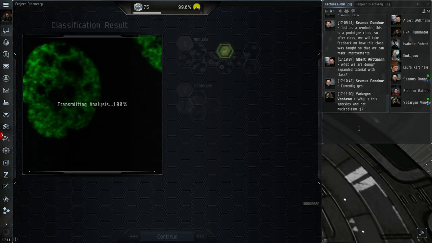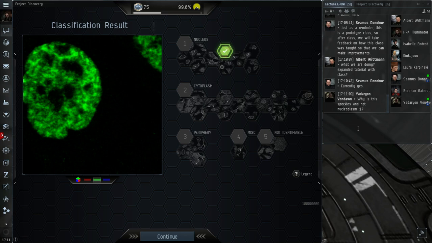And I see that Jadarian is asking why this is speckles and not nucleoplasm. Well, we decided to have them often mutually exclusive. You should choose either nucleus or nucleoplasm or nuclear speckles. And nuclear speckles is sort of a subcategory of nucleus. It's more distinct. Sometimes there'll be a slight background staining of the nucleus. But if we see a nuclear speckle, we'd rather not annotate nucleoplasm or nucleus as well, just to be as specific as possible.